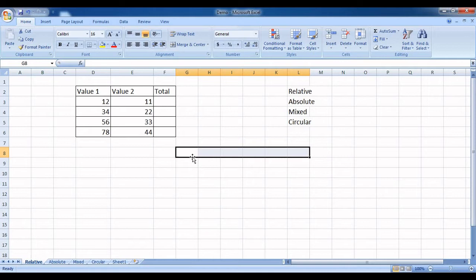Cell reference is required. You may require cell references in certain functions, formulas, or even calculations. Let me repeat. Cell reference is the selection of multiple cells.